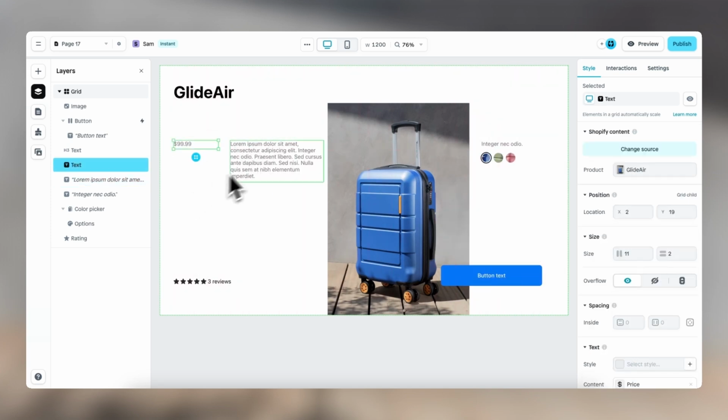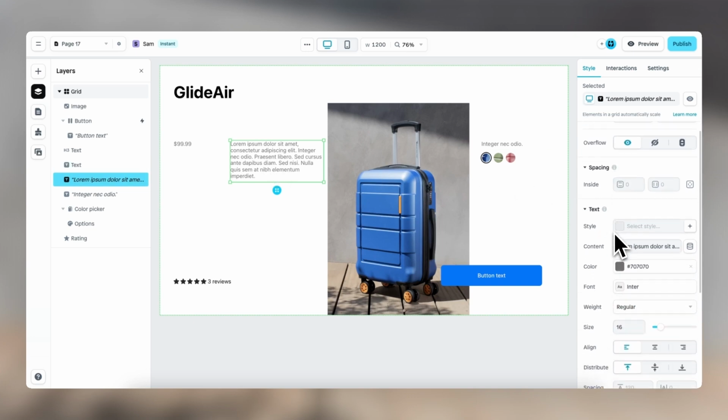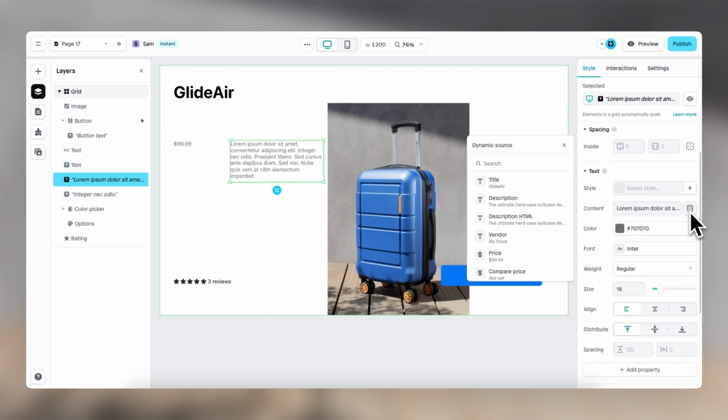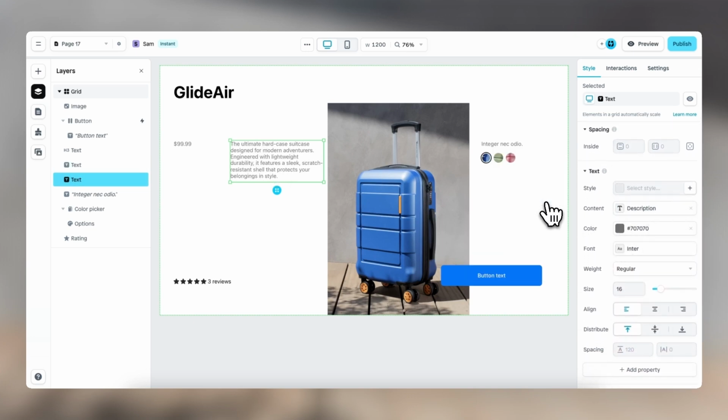Next up, let's connect this text element to our product description. Click on this layer and select product description, and now it shows the product description from our Shopify store. We move this element a little bit to the left. This looks about right. And then there's one more thing we can do, and that is to change the destination